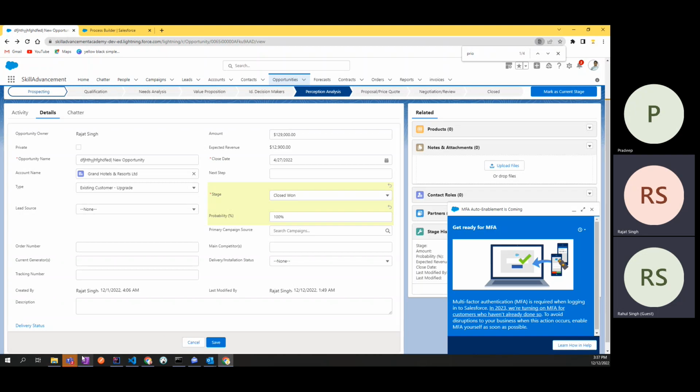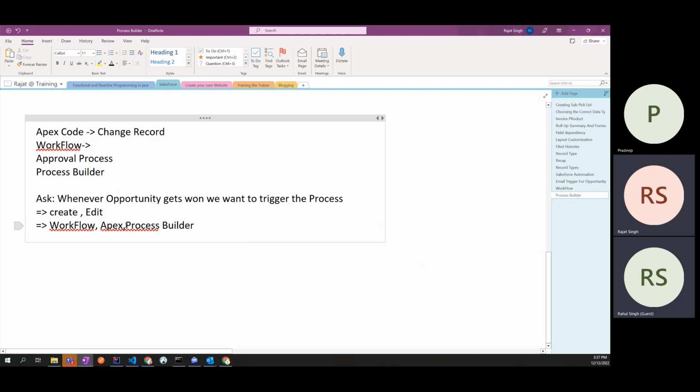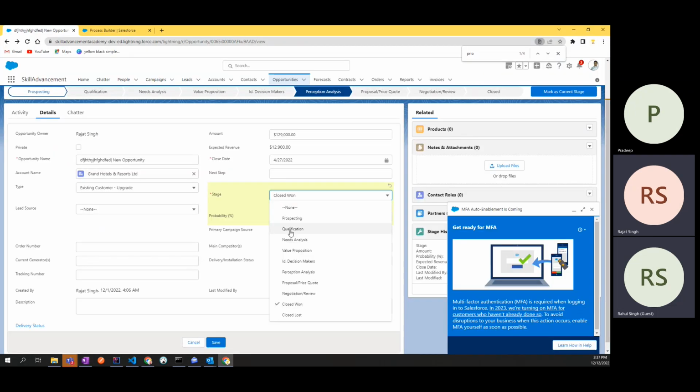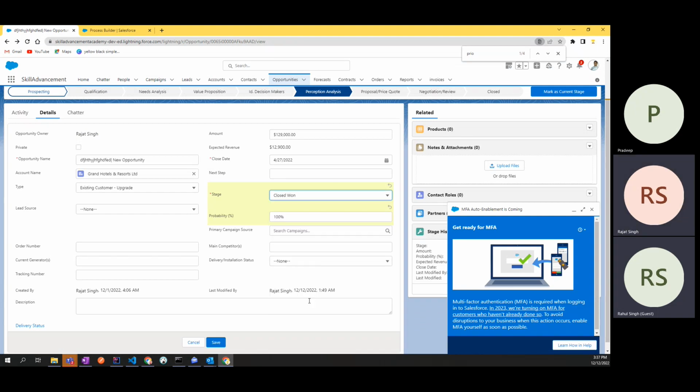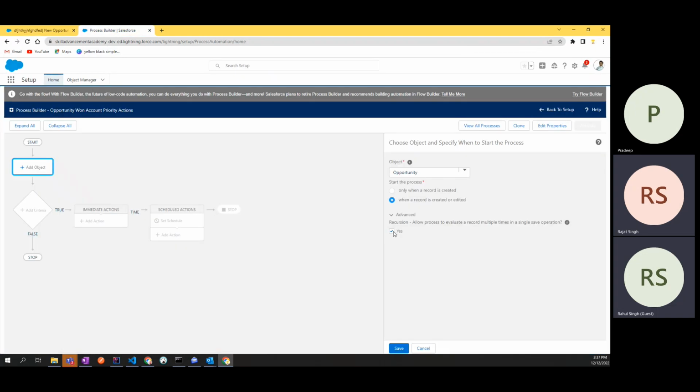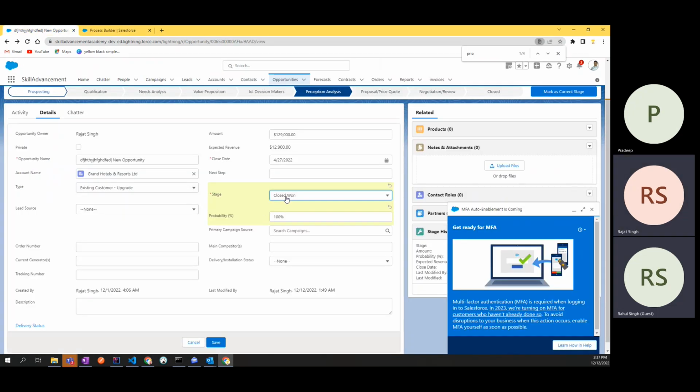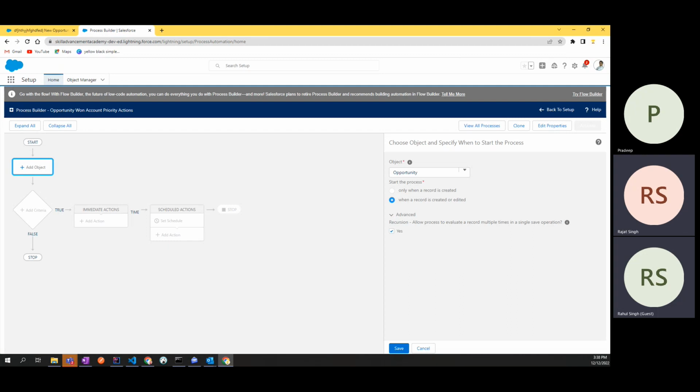ठीक है, अब क्या किया, प्रोसेस बिल्डर ने पहली बार में चेक किया कि ये Closed Won नहीं है। ठीक है, ये क्वालिफिकेशन है, it will not get triggered क्योंकि ये क्वालिफिकेशन है। बट क्या हुआ, वर्कफ्लो ने इसको चेंज कर दिया, इसको Closed Won कर दिया। अब क्या करना है, प्रोसेस बिल्डर को फिर से चेक करना है कि इसका करंट स्टेटस क्या है। तो जब जब ये अपॉर्चुनिटी चेंज होगा तब तब हमारा ये रिकर्शन चेक करेगा कि ये वॉन हुआ क्या। ठीक है, तो वो सारी क्राइटेरिया वो बार बार चेक करेगा। ओके, ठीक है, this is what it is। अच्छा।